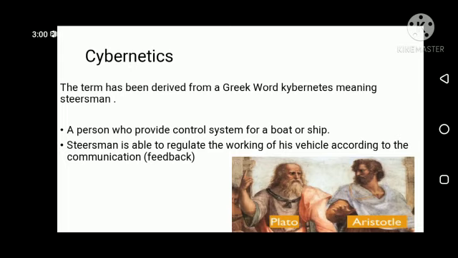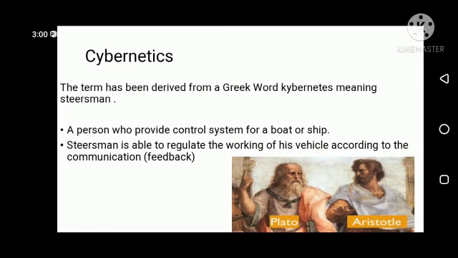As we know, plenty of discoveries and innovations have come up with a lot more techniques which have made our life more comfortable and easier than it was earlier. But one of the most tremendous as well as beneficial is cybernetics. So let's have a look at the definition of cybernetics.